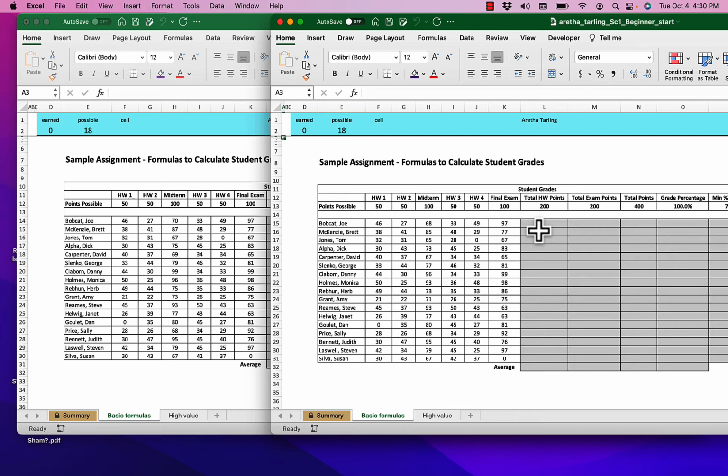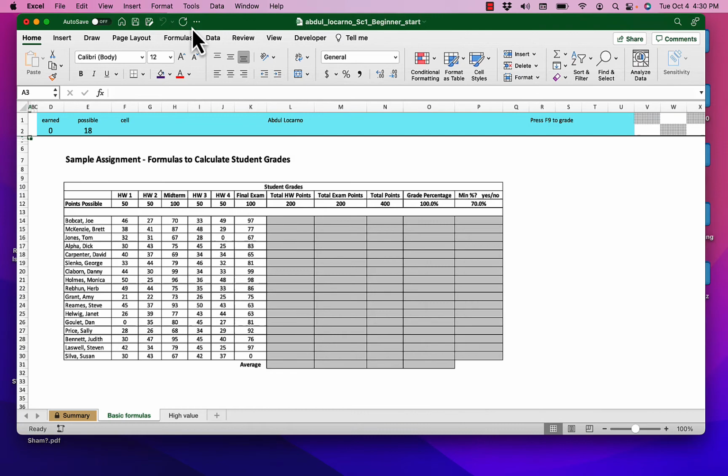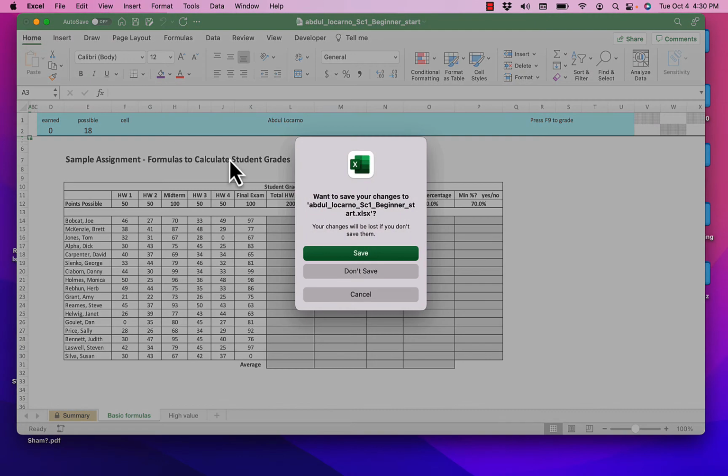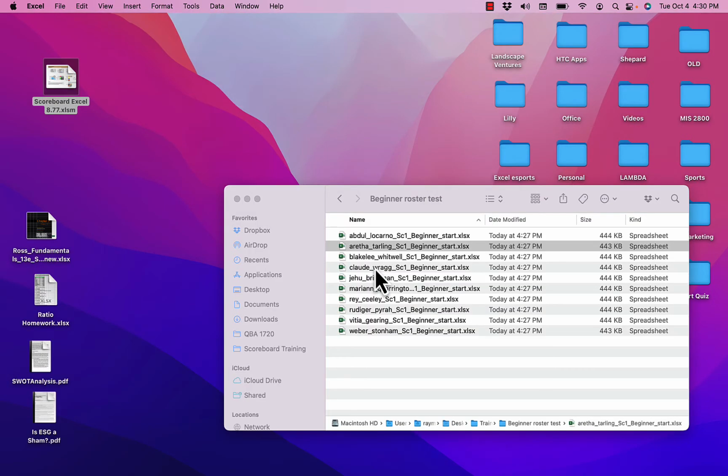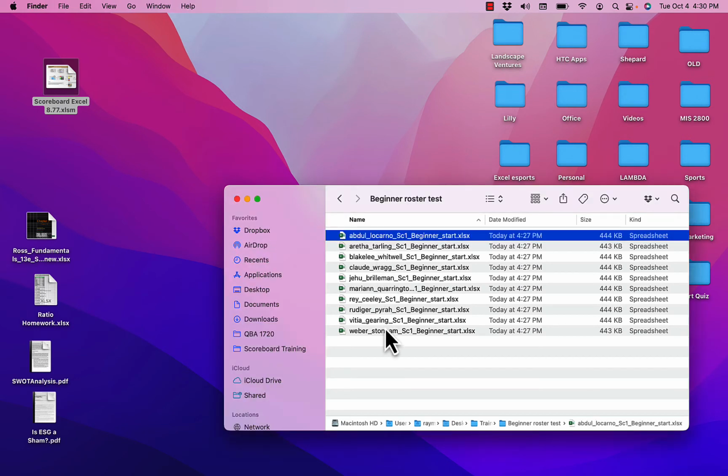Okay, and that's it for this video. You'll want to watch the next video, which shows how you would then upload all of these files to, say, Blackboard, just by highlighting them and putting them as part of a Blackboard assignment. Blackboard, or Canvas, will also let you download all those files in batch, and as long as you can get them downloaded in batch and they have the student identifying information on them,